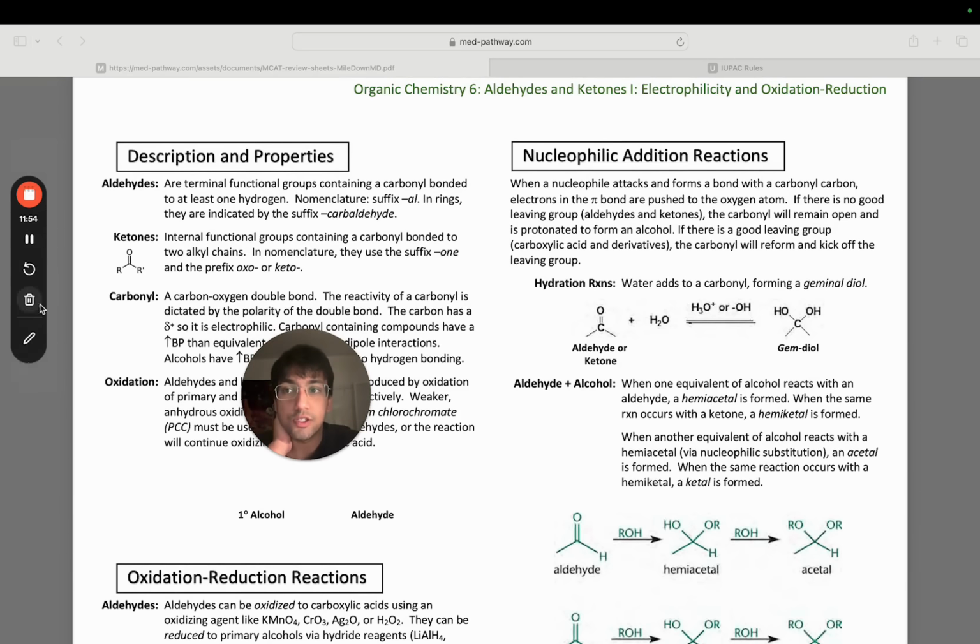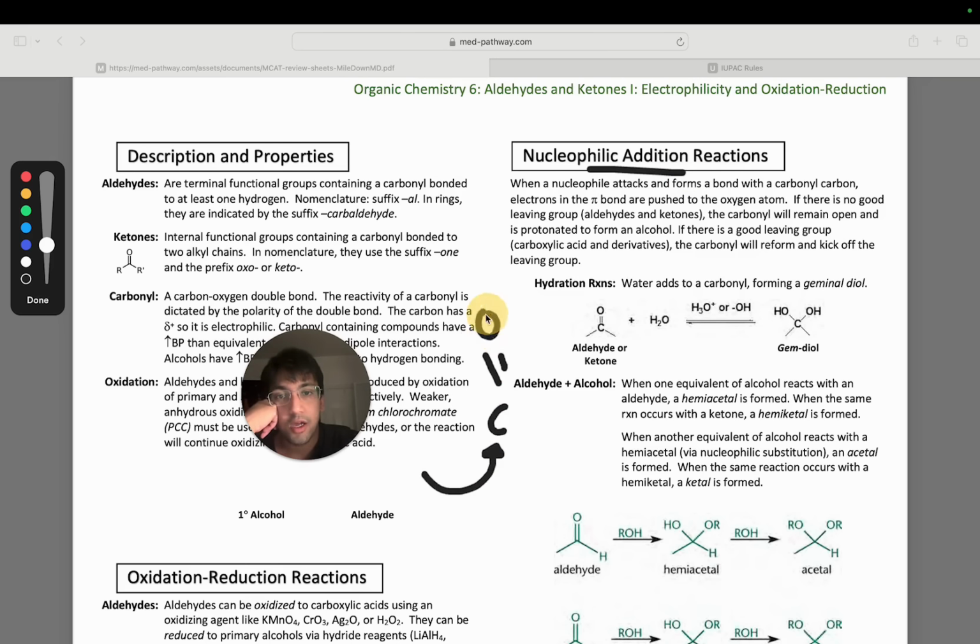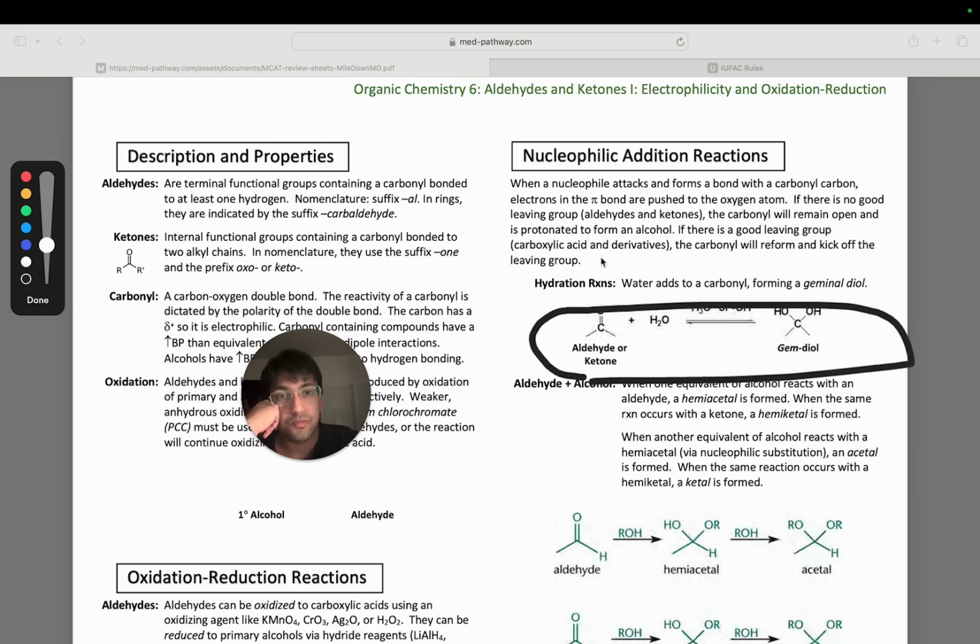Nucleophilic addition reactions are when a nucleophile is attacking and forming a bond with those carbonyl carbons. This is going to happen a lot. I would say that in the MCAT, the most commonly tested reaction is not the substitution or elimination reactions, it's these nucleophilic addition reactions, where a nucleophile is attacking that carbonyl carbon, and it's going to result in this reaction right here. So what's going to happen is that nucleophile is forming a bond with the carbonyl carbon, and the electrons